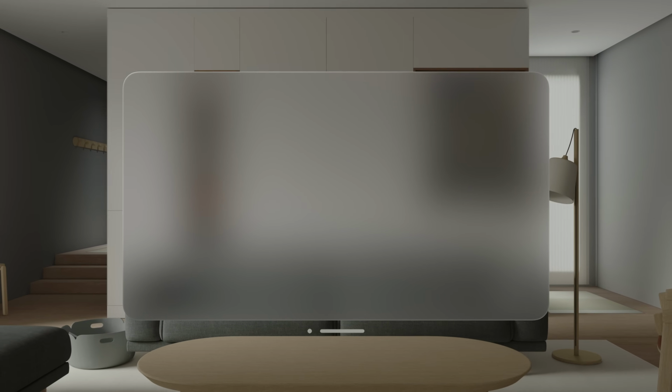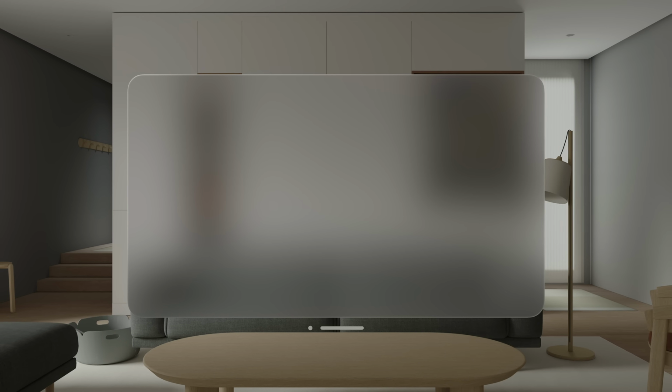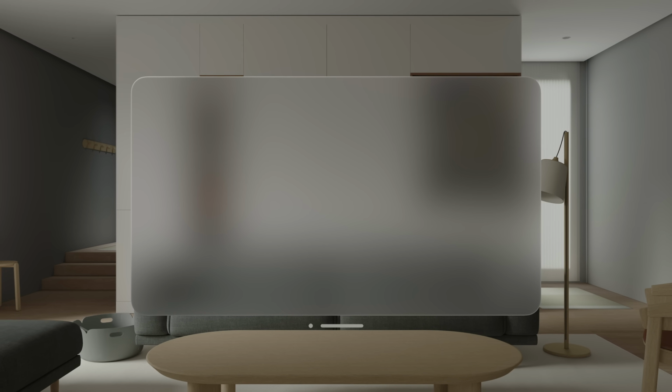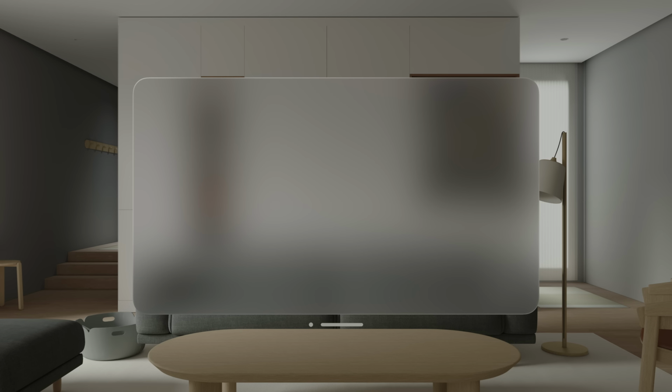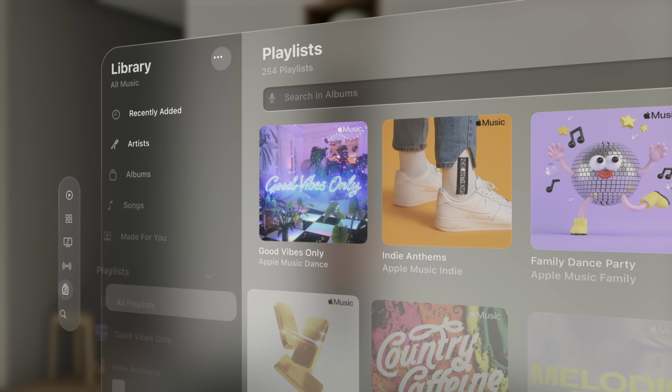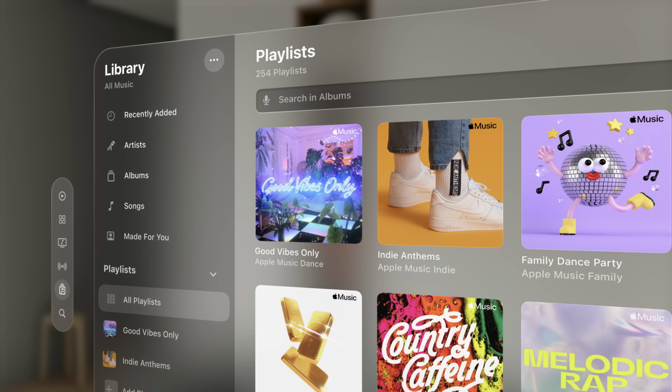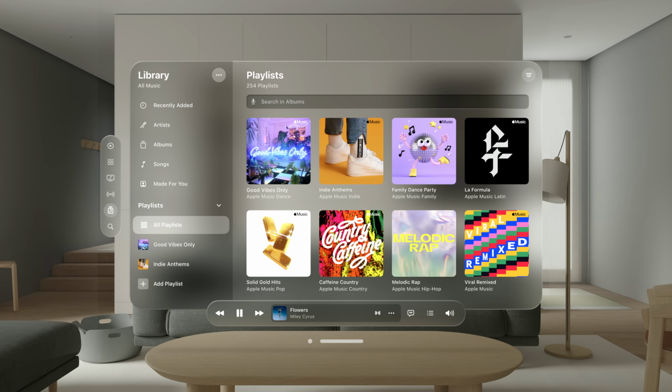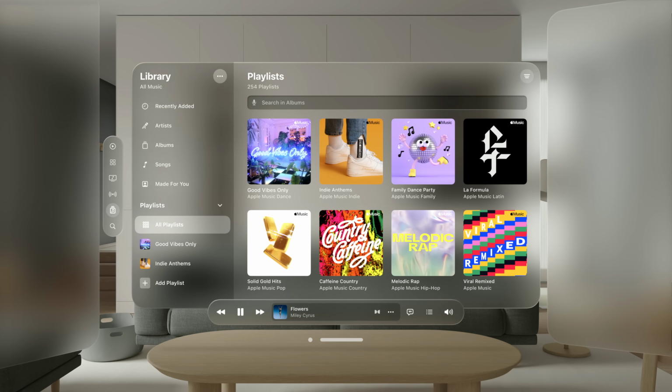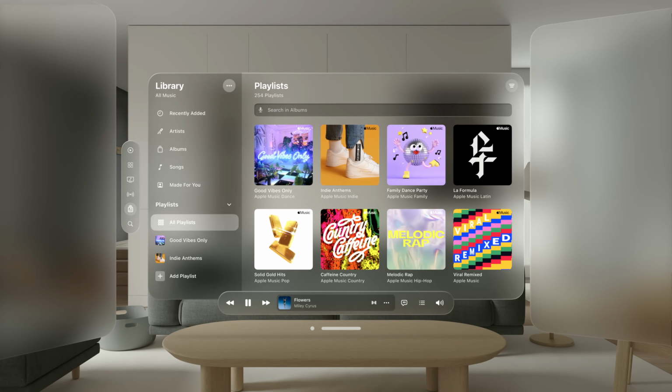And that's why we've designed a new visual language, the glass material. This system-defined glass window feels part of your physical world, and its unique properties allow light from people's surroundings and virtual content to show through. In addition, specular highlights and shadows reinforce its scale and position in your space. And it works as a canvas for your content and UI, making it feel lighter and adding a sense of physicality to it. This lightweight material also gives people a sense of what might be behind a window, like other apps or people.